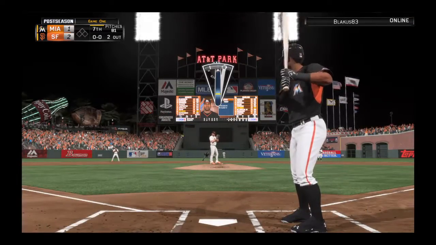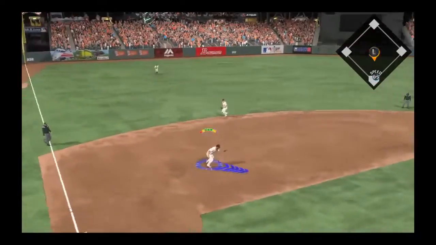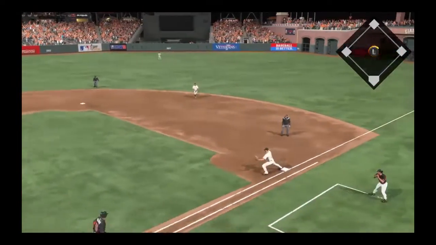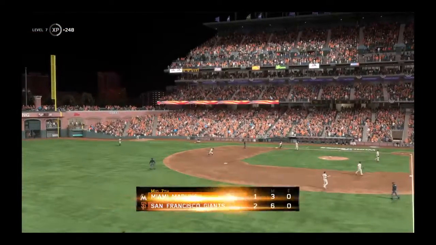The batter, right fielder, Gregory. Hit on the ground toward the left. Taken in by Carpenter. Throw to first will get him easily, and the side is retired. Ladies and gentlemen, it's time for the...